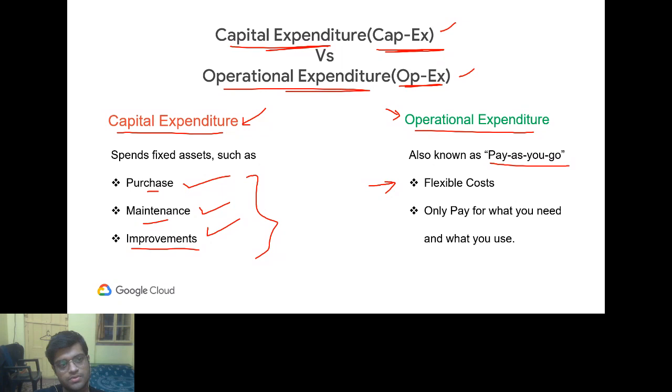Right. So, flexible storage as well as server. Suppose I think that my server will have 20,000 requests a day, but I have allocated such resources that it will handle up to 50,000 requests a day. No issue. But why operational? Is it because of the improvements that will come with it? As in the updates and all. If we take capital, then we'll have to take care of it by ourselves. But in operational,